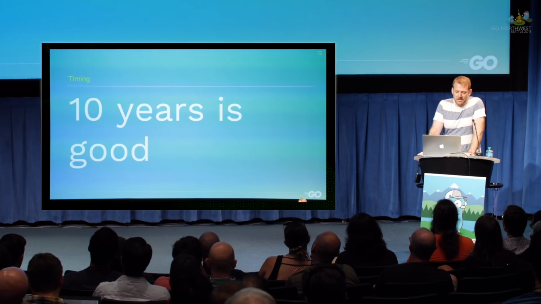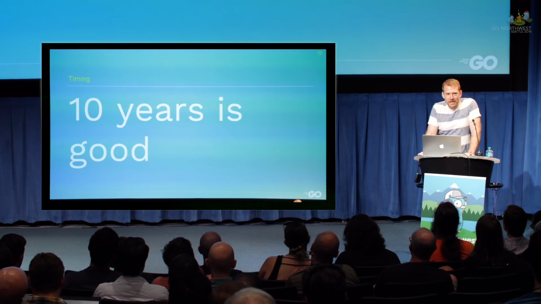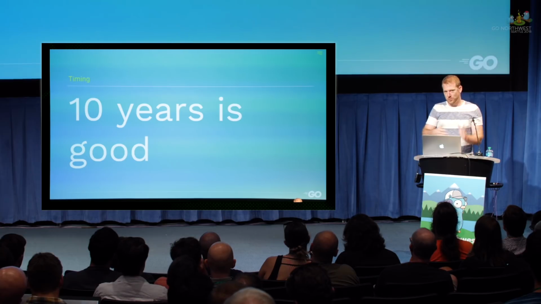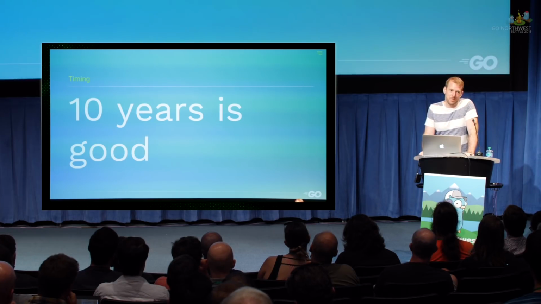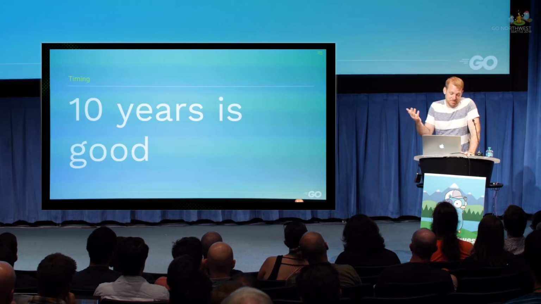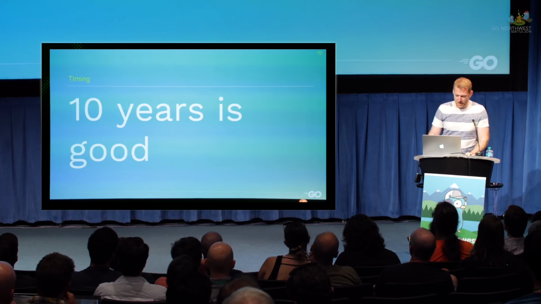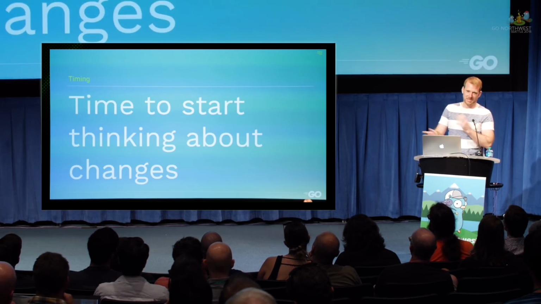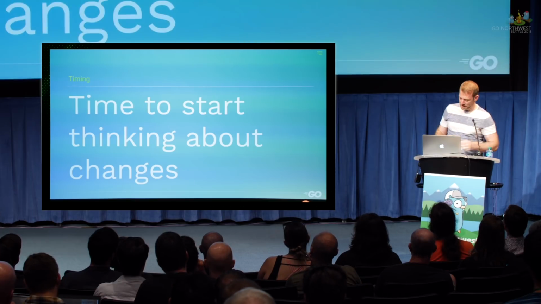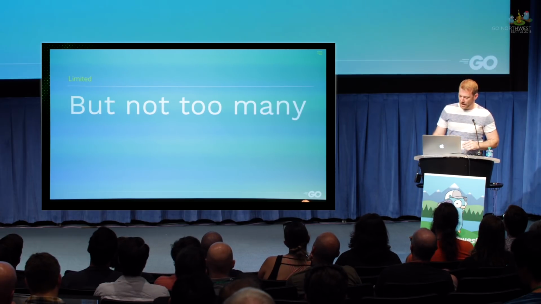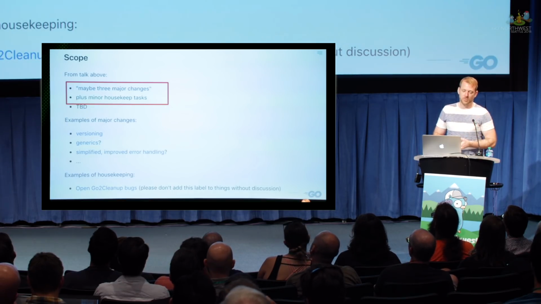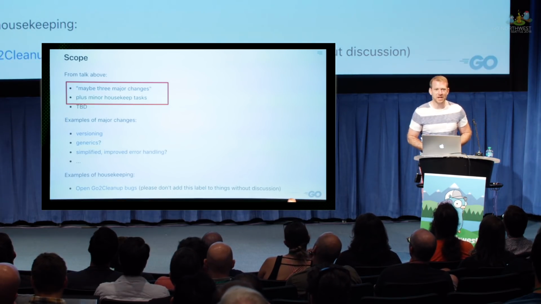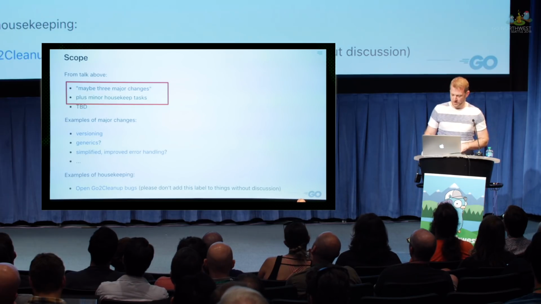So what is decided is that 10 years is probably a good time for the language to have been relatively boring, and it came out in November 2009. So a good release date for Go 2 might be November 2019. Maybe, hand wave. This was Rob's observation, that maybe it's time to start thinking about the language changes again. But not too many. As Russ said in his talk, maybe we can do 3 major changes and some cleanup things, but it's not going to be a totally crazy new language.